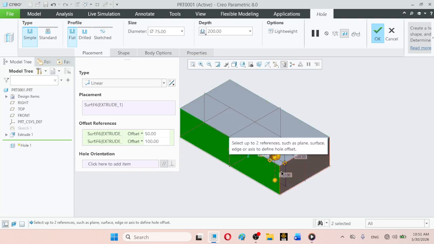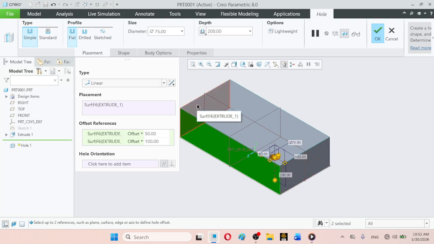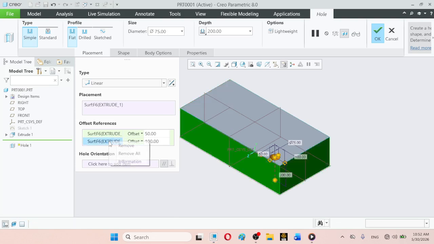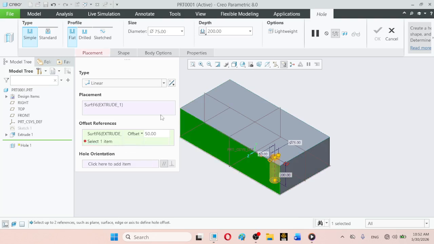Or if you want to define, instead of this face, you can select the other face as well. So here you can remove this face, and for example you can now press the Ctrl button and click on this face, like this. So automatically this has become 900 units.